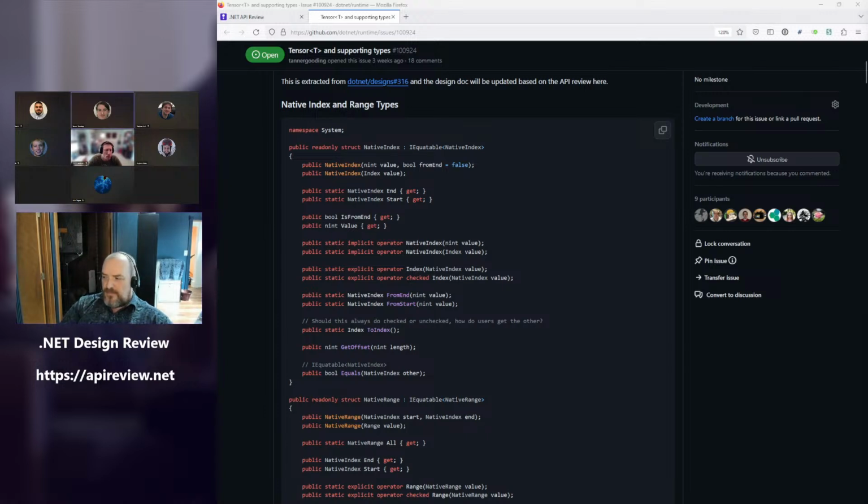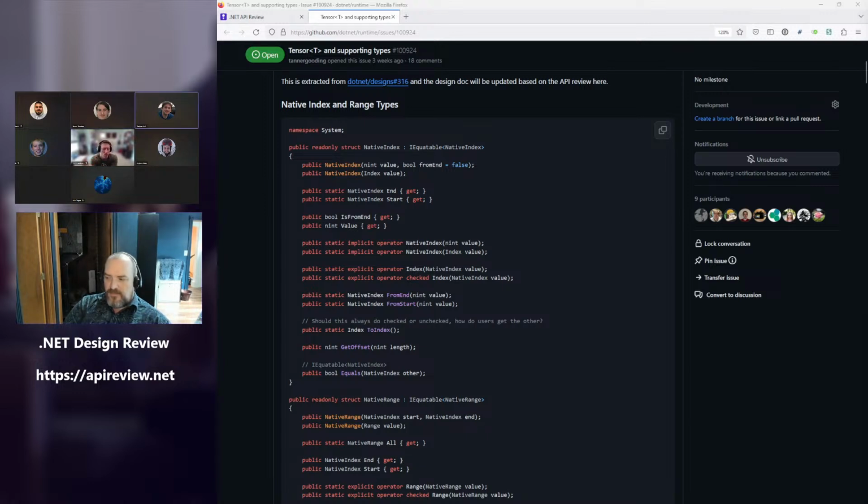But otherwise, native index and native range haven't changed. They remain as is, and the language was generally fine with the shape here. There's going to be another meeting on the 23rd where they're going to confirm whether the implicit casts are fine. They should be fine. It just minorly plays into future language support, as they'll likely or potentially have some kind of language support for native index, and therefore a language defined conversion that ultimately has a higher precedence than any user defined conversion could.